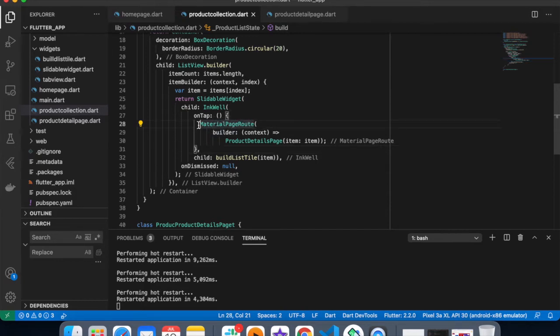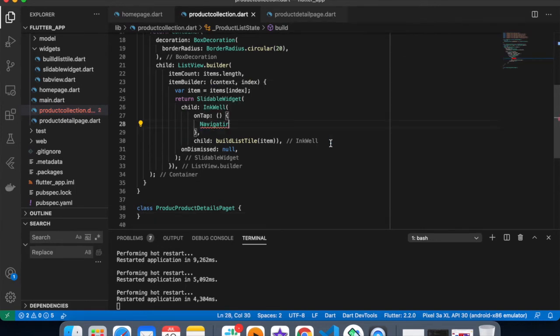Okay, I'm so sorry. I haven't used Navigator.push. I'm really sorry for this. Let me copy paste it, and this should be Navigator.push. I haven't used it. Just try to navigate from one place to another.